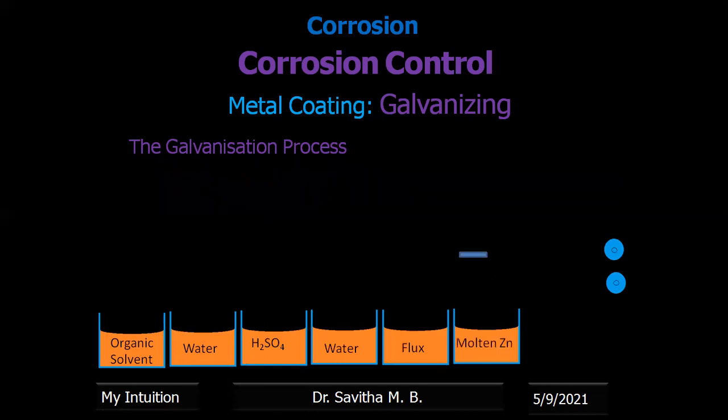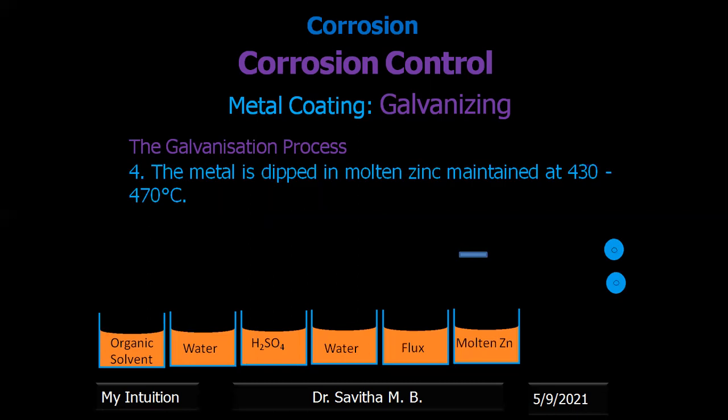How to coat it with zinc? You take molten zinc. Molten zinc means zinc which is maintained at 450 to 470 degrees C, in the molten state. Now the cleaned article has to be air dried. It should be completely moisture free. After dipping it in the flux, you need to not wash in water, because we need the flux layer, right? After it is dipped in flux layer, it is dipped in molten zinc. Okay, this is called hot dipping process, because hot zinc is taken and the article is dipped.